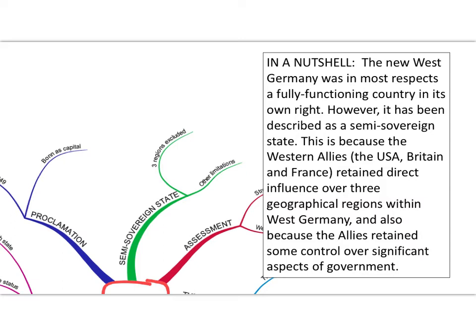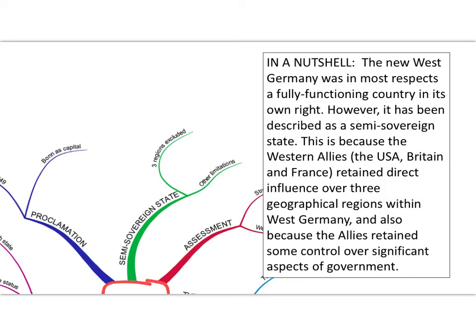Their starting point was to look at the strengths and not to throw out features that had worked. So one of the key decisions was they brought back the federal states, and that was the last strand that we looked at last lesson. We need to now pick up on this issue further in this final part of the lesson.